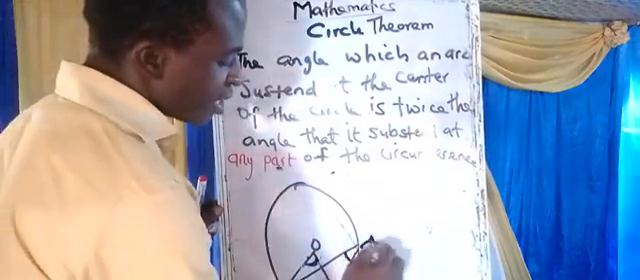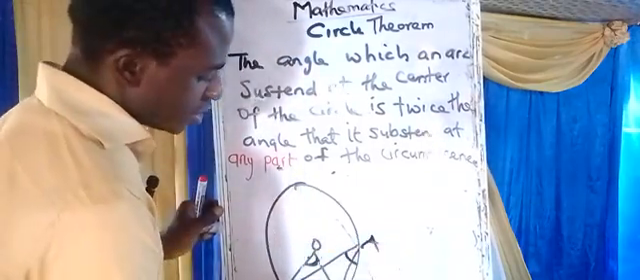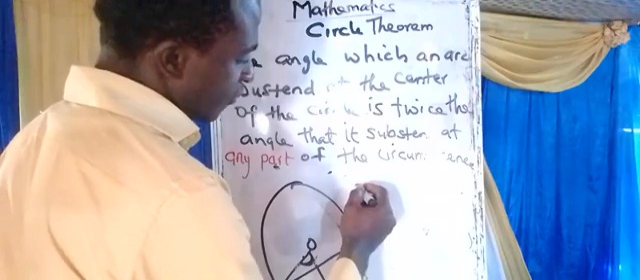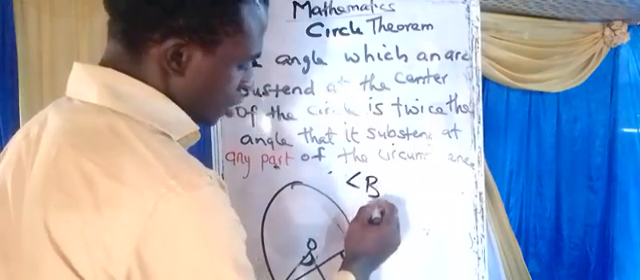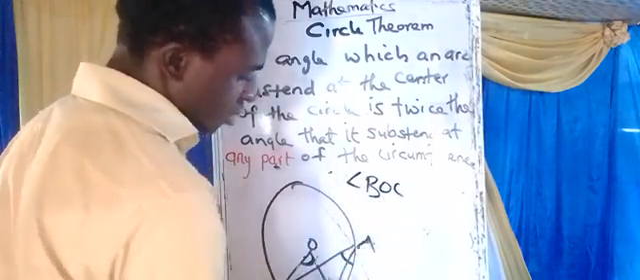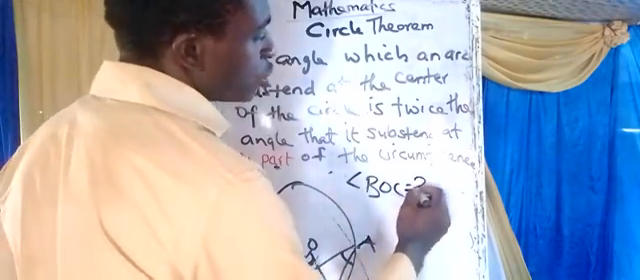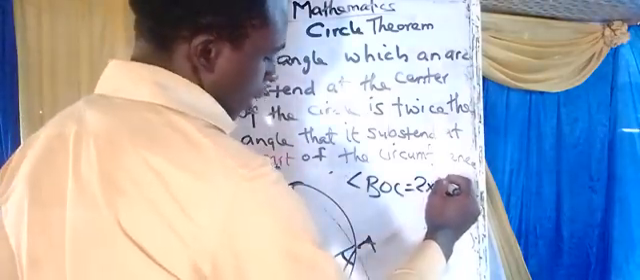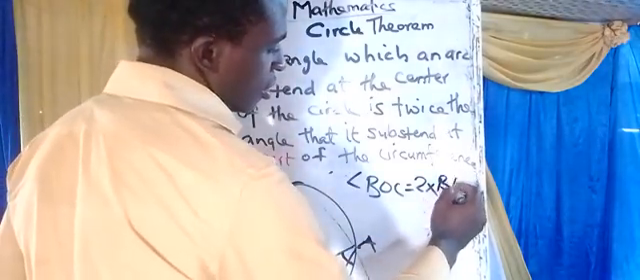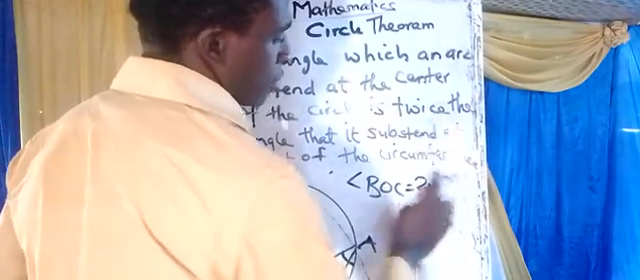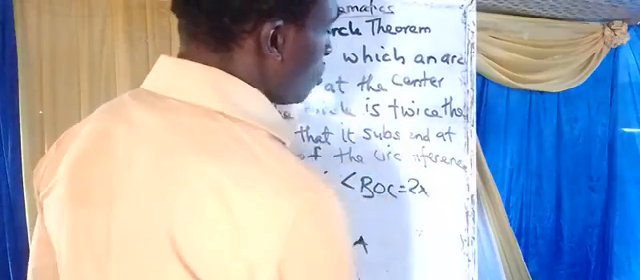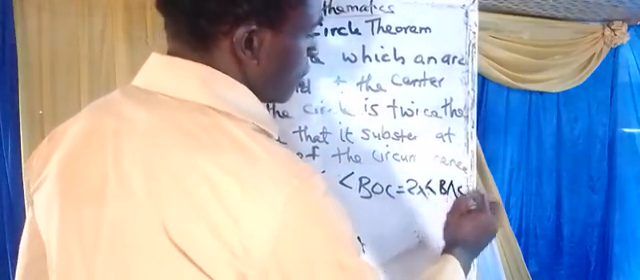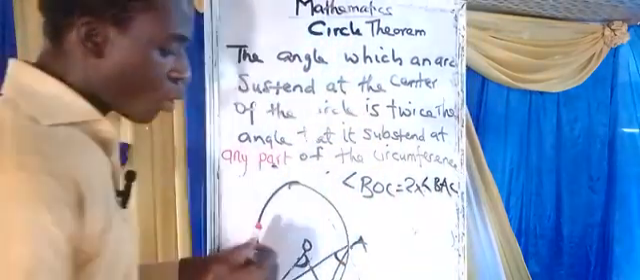So I can label it here as A, here as B, and here as C, as we did before. Now you see that we have angle BOC, like we did earlier, is equal to 2 times angle BAC. Let me use angle BAC. Can we see that? So what we are